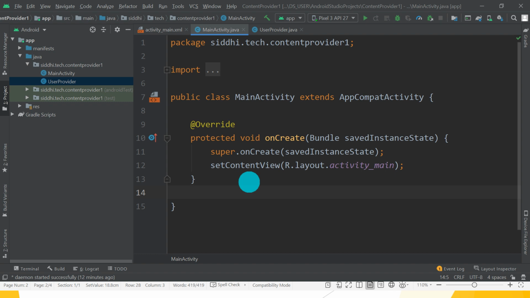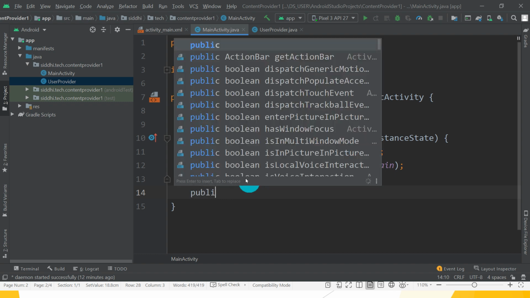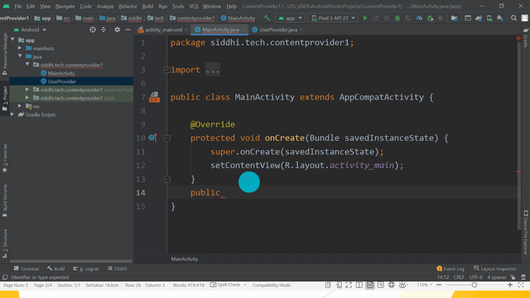So write the method as public void, give the name as onClickAddDetails, name of the method, pass the argument as a view.